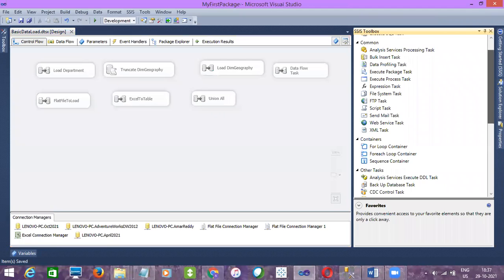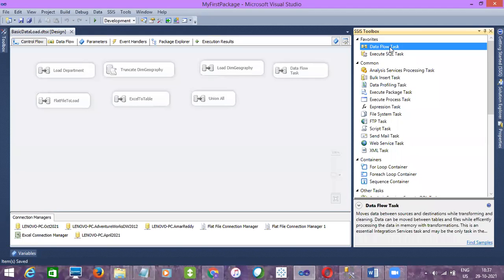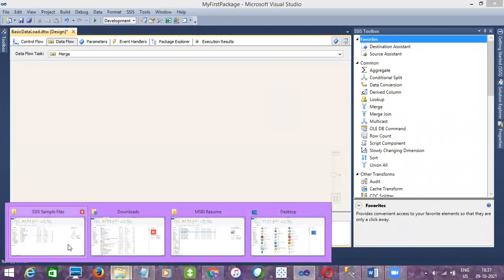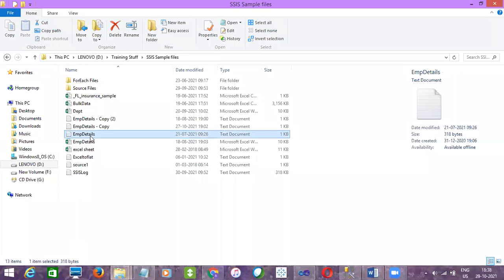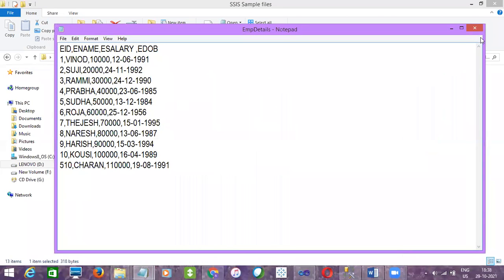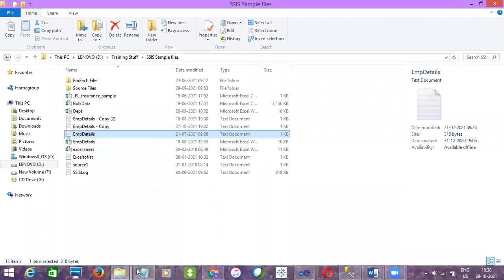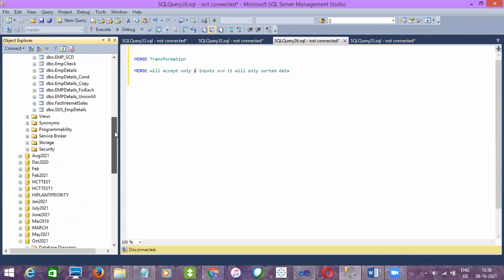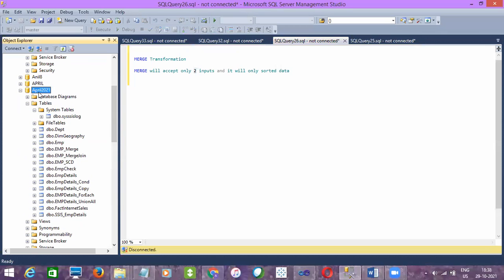To work with any transformation, we have to use a data flow task. Let me drag it. I'll take the same sources. The first one is EMP details, the April database EMP details table, which we used yesterday.